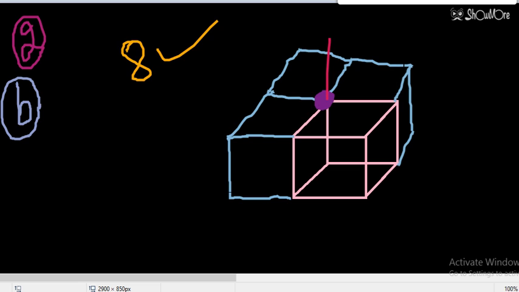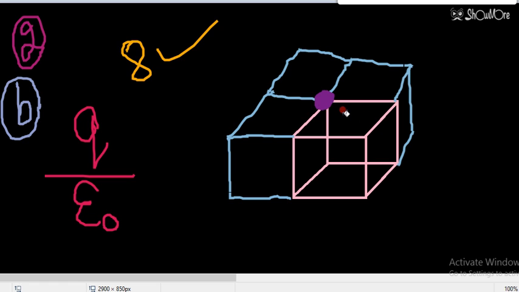So that means for this figure, if I place 4 here and 4 cubes just above it, then 8 cubes will be there. So the net electric flux for that figure will be Q by epsilon naught. But for the given question, only one cube was given, this one. So that means the electric flux coming from this single cube will be Q by 8 epsilon naught.